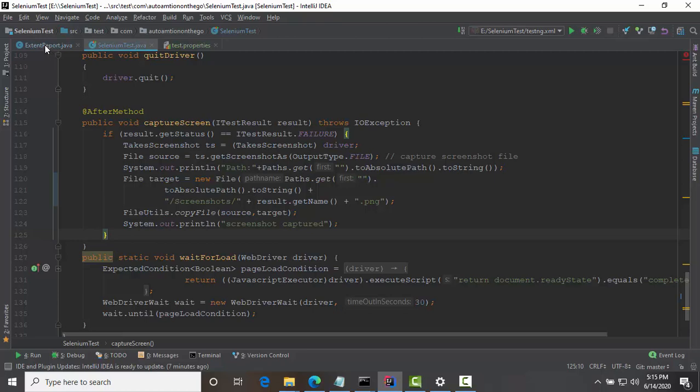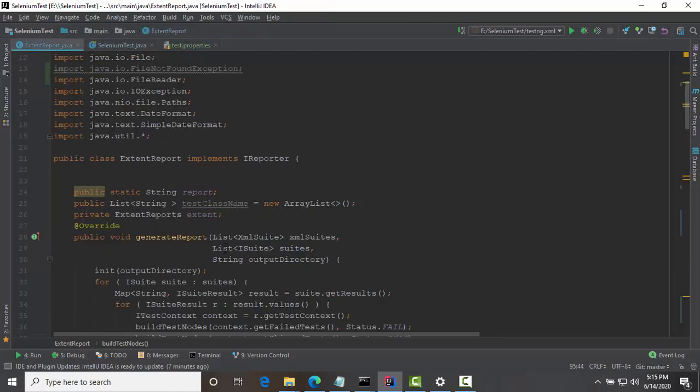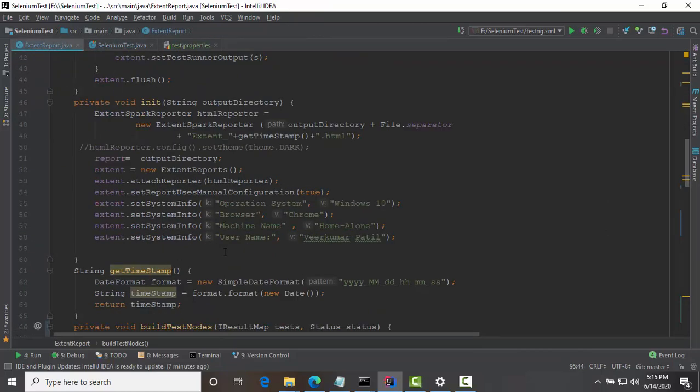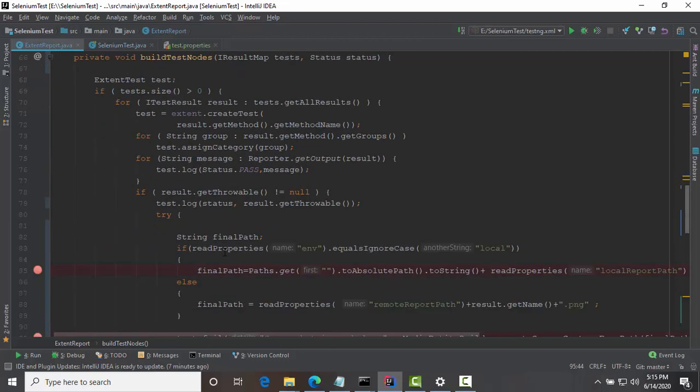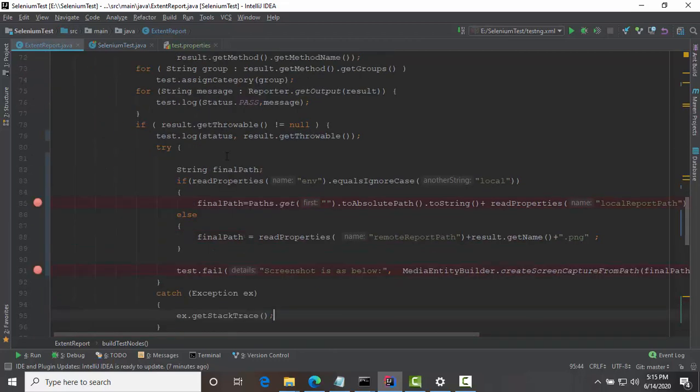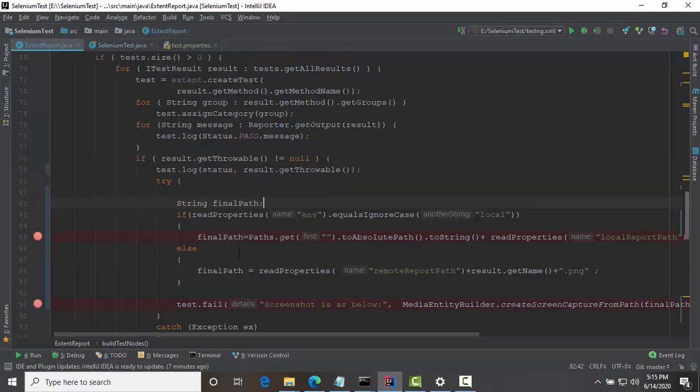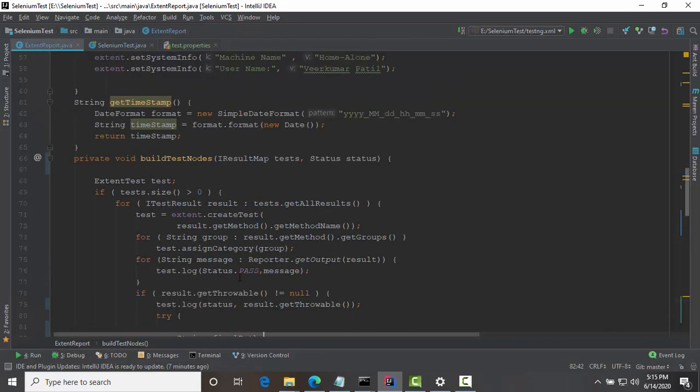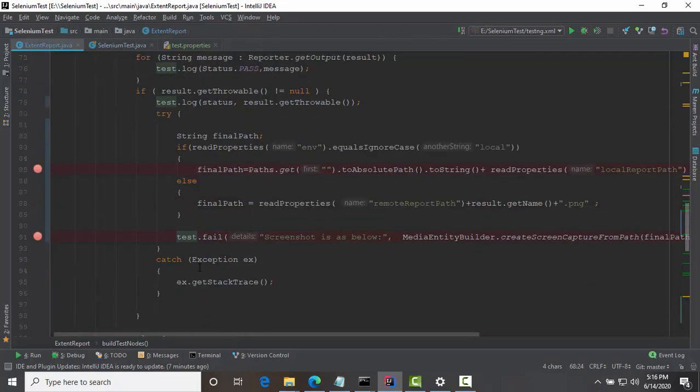In order to do that, this is the extent report file which actually generates the extent report. Here I have checked if there are failures for the test. If there is a failure, then we have one extent test variable which we are going to use for adding the screenshot.